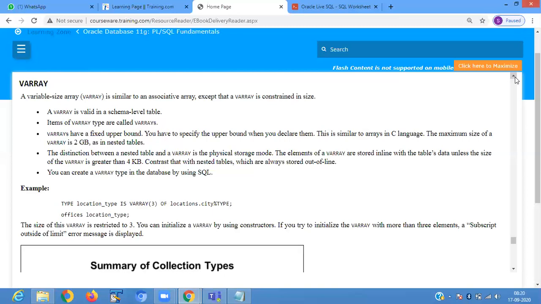You can create a virtual array type in a database by using SQL. It is the main difference between your virtual array and nested table.